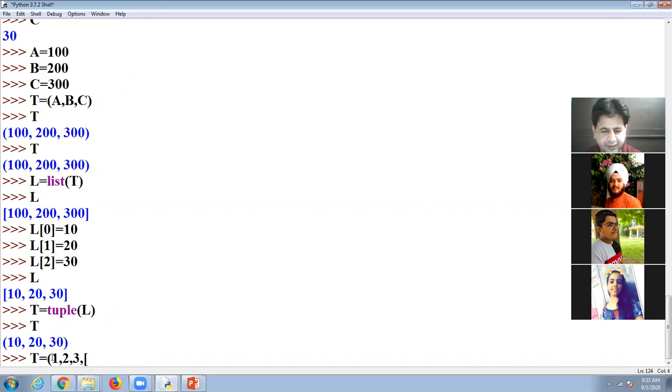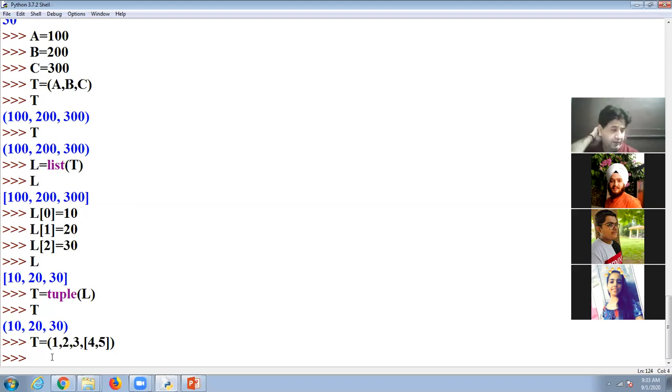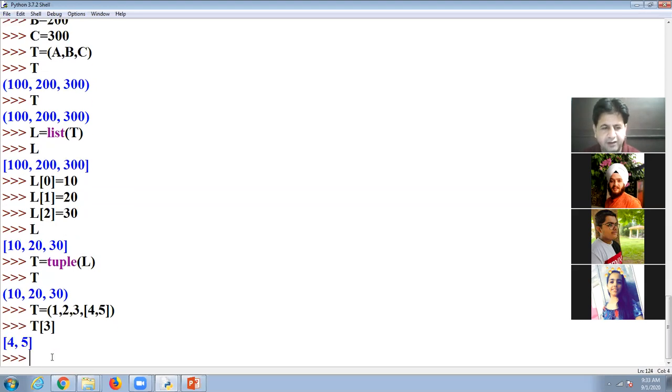Then in square bracket I take 4 and 5. Now we know that in the case of your list, I can change the element value. So if I declare here L3, I have 4 and 5.